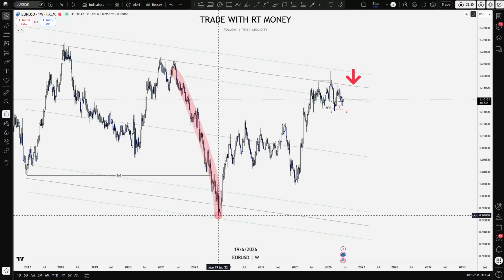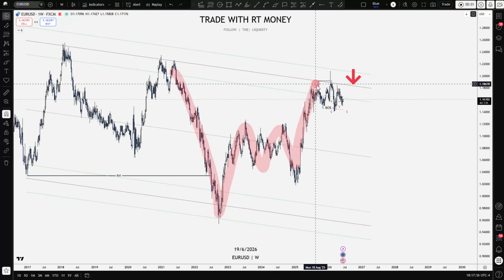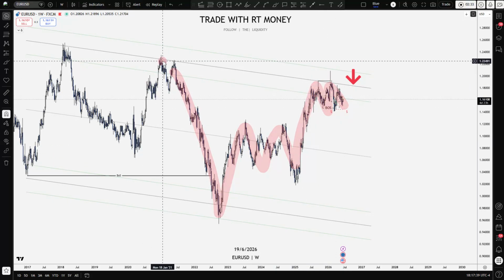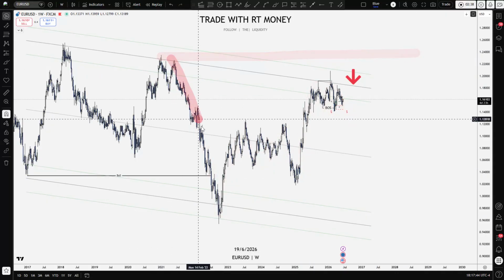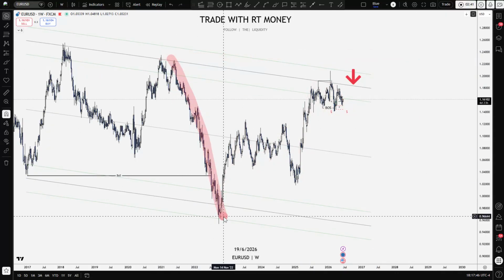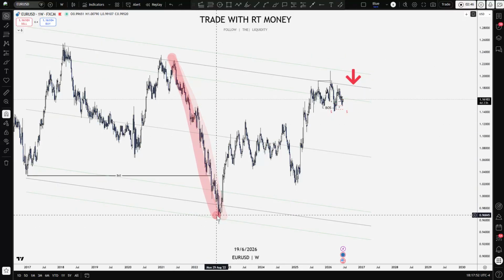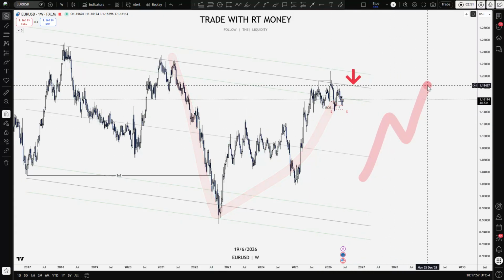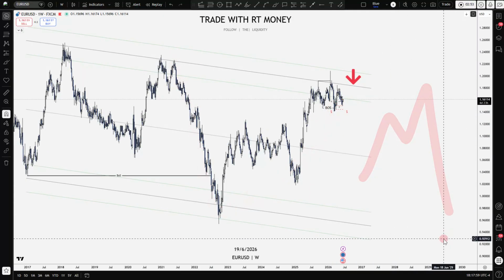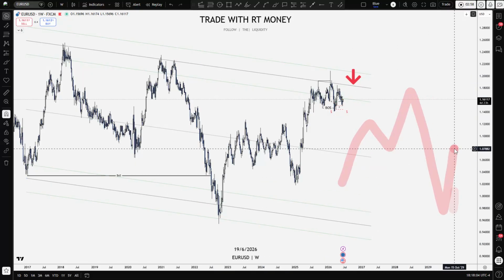But after a pullback, and this has been an extended complex pullback, yes, but we are still respecting that old high, the high that is responsible for this bearish break of market structure here. So the last impulsive move down, we're waiting for this pullback to end. And what are we looking for? Higher high, higher low, higher high, lower low. That is your indication that the pullback is over,